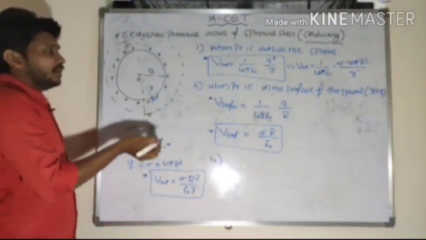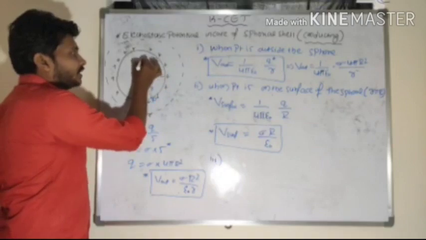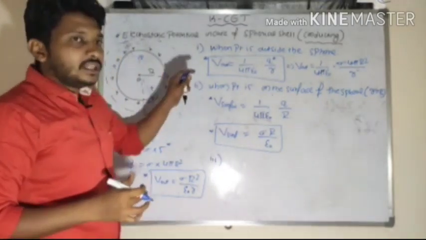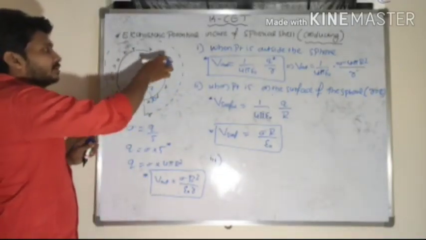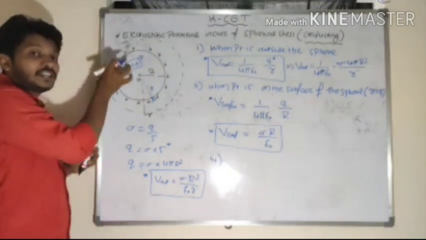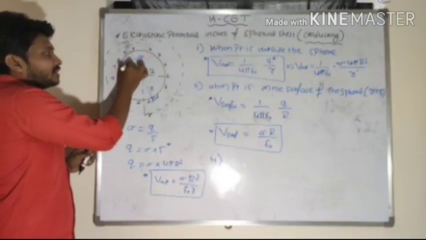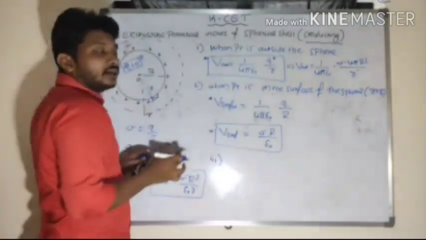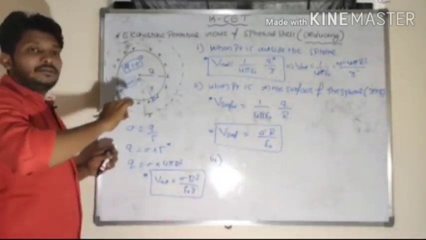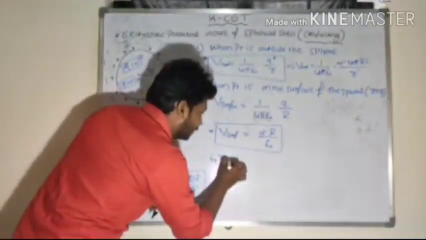Then what about the equation for potential, the electrostatic potential in case of the conducting shell when the point of observation is inside the sphere? When the point of observation is inside the sphere, it means inside there is no charge. In case of the conducting shell, charges reside only on the surface, as I said. Inside, the charge is 0, so what about the field value? Charge is 0 means field is 0. Then if the field is 0, the potential value is constant.